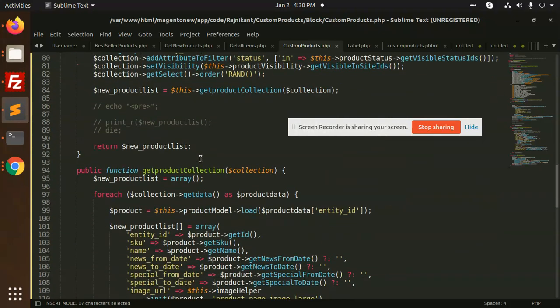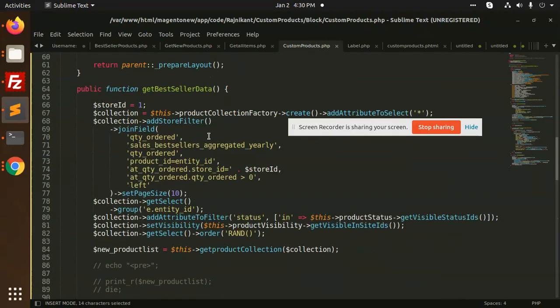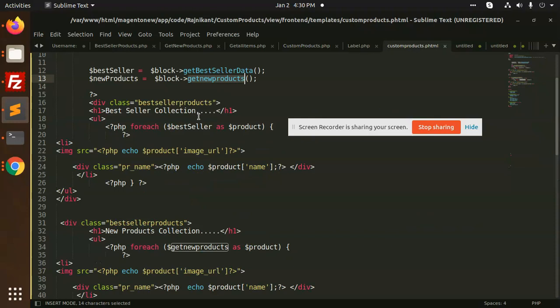We have get bestseller data, and get new products is a public function. So why does it say that? Maybe the mistake is here.